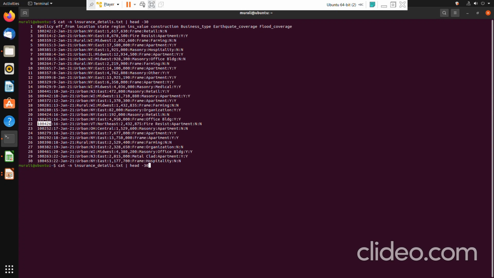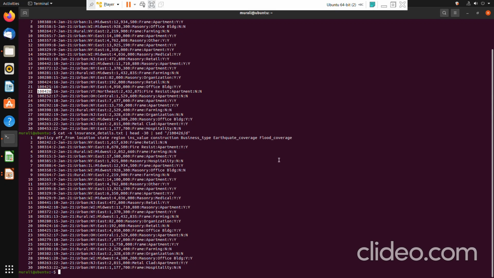Then what I do is sed, then 100426 d. The action d would delete the line. Now I have done the context addressing, right? I am deleting by specifying the pattern within a pair of forward slashes. So look at the output.